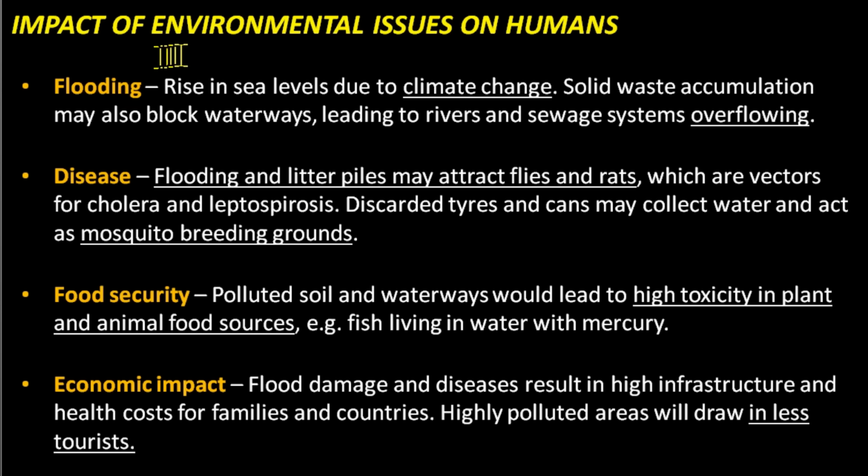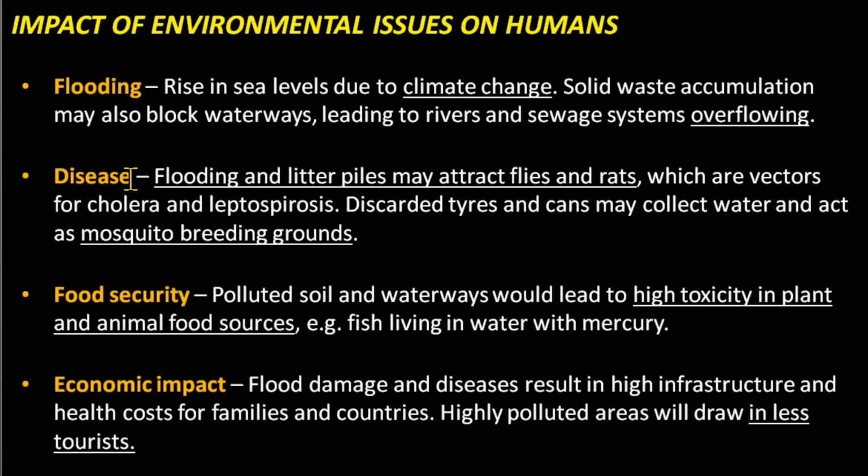So what are some impacts of environmental issues on humans? Well, let's start with flooding. Flooding can occur due to the rise in sea levels due to climate change, which we know is a result of a lot of carbon emissions and pollution. If there's a lot of solid waste accumulating by waterways as well, it could block the waterways and lead to rivers and sewage systems overflowing. This could now lead to disease, because of sewage systems overflowing and a lot of floods